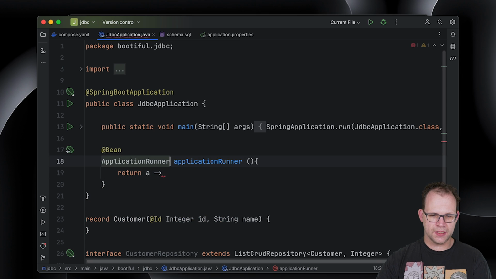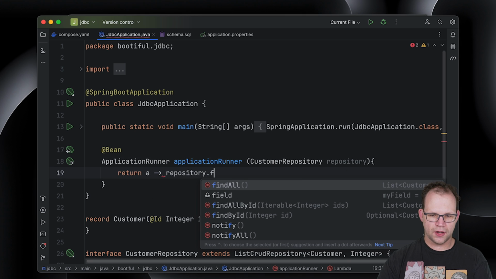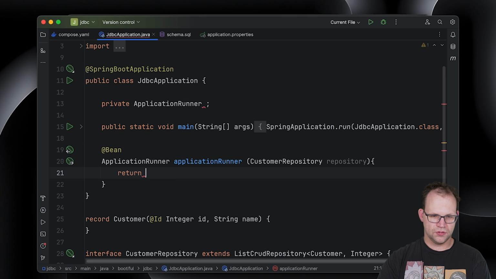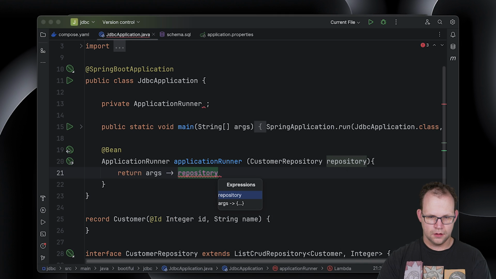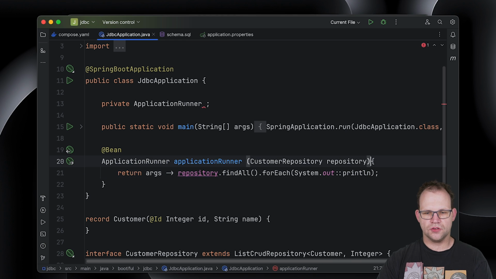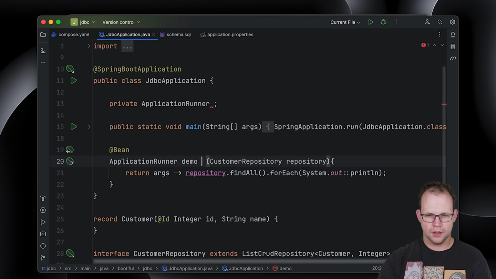One of the nice things about Spring Data is that if you're using any of it, then you're going to be familiar with the rest of it, right? So let's see, repository.findAll, args repository.findAll.forEach, print out the results. And I'm just going to run the application. I'll start it up. Here we go.